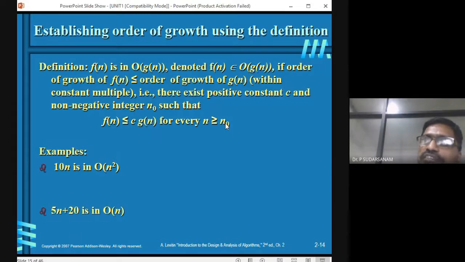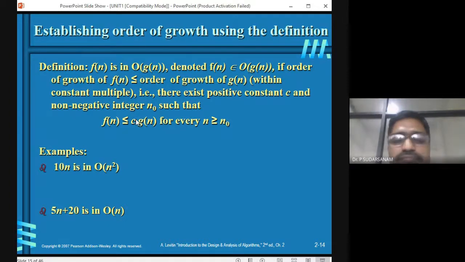So we have to choose the value in such a way that we take the maximum range. The best example is selection sort. If n is 10 values, I can give 4, 7, 6, and maximum 10 I can give. So 10 is greater than or equal to 10, so the condition will be satisfied. Suppose I give n naught value 11 and n is 10. Is 10 greater than or equal to 11? Not possible. The constant value should always be such that n is greater than or equal to n naught, in such a way that you take the input value.